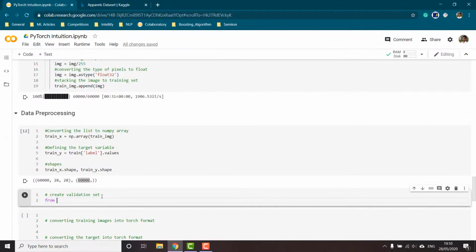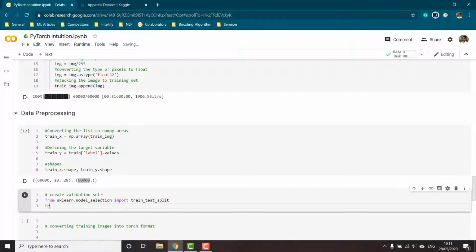So from sklearn.model_selection, we are going to import train_test_split. Now let us split our data into training and validation.